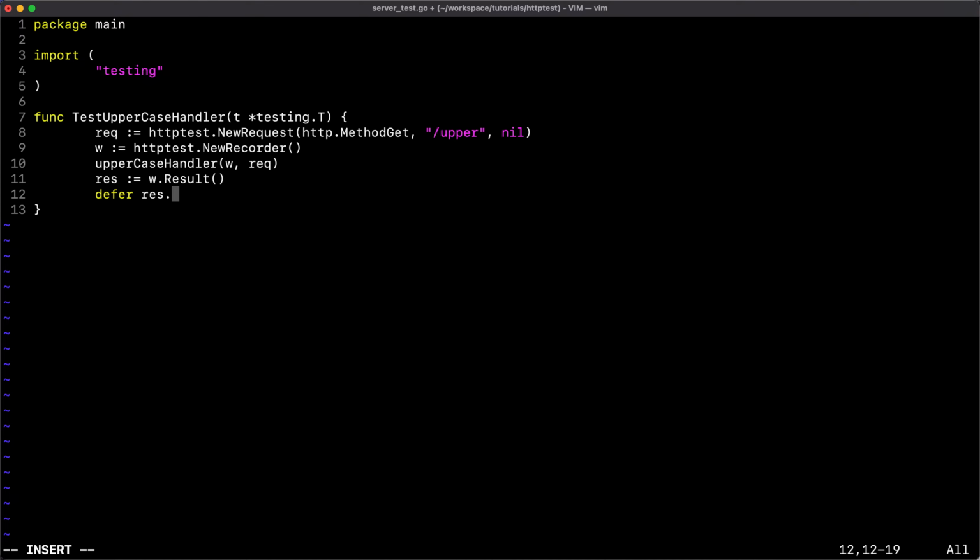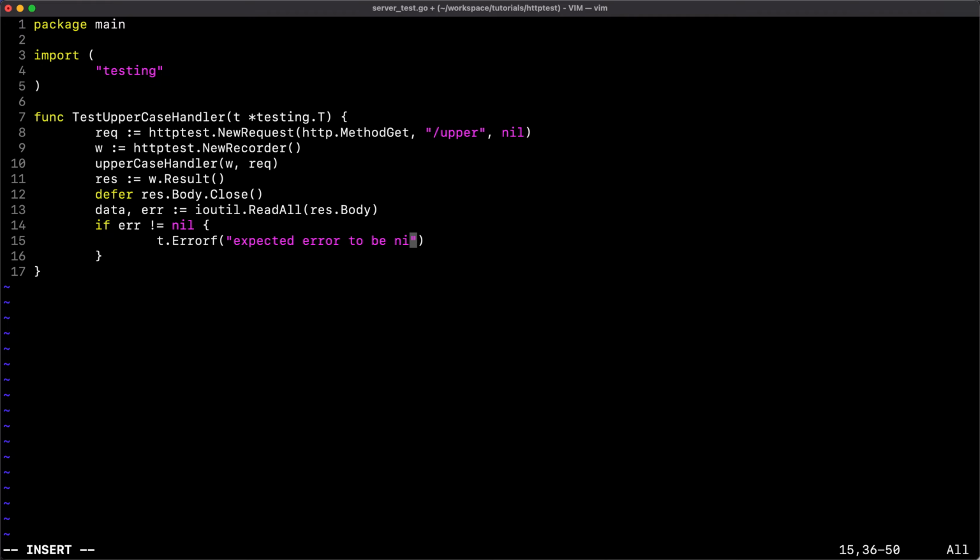So we just do res.Body.Close to close the body. Then we do data, err := io.ReadAll to read all of the data from the body. We check if there is any error, and if there is, we call t.Errorf: expected error to be nil, got the error. And once we check the error, we need to make sure that the data, which is coming in as a byte slice, is equal to what we expect.